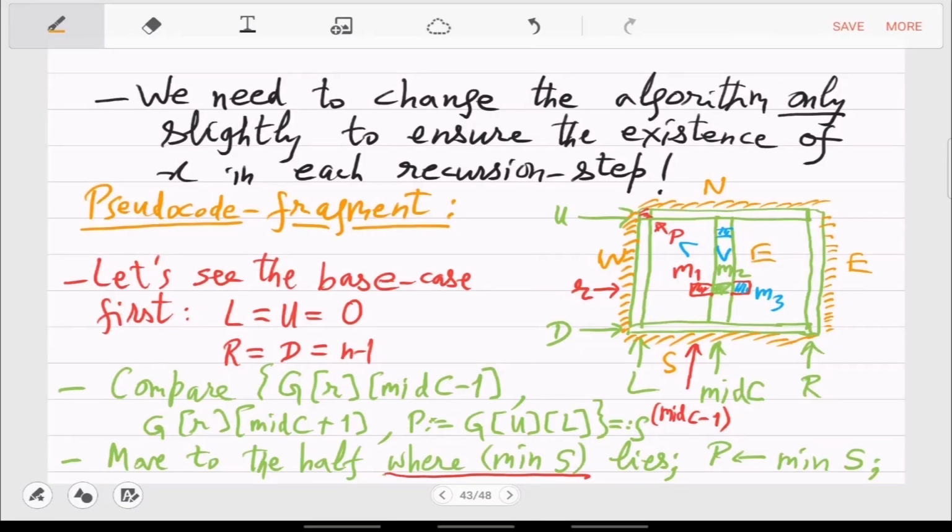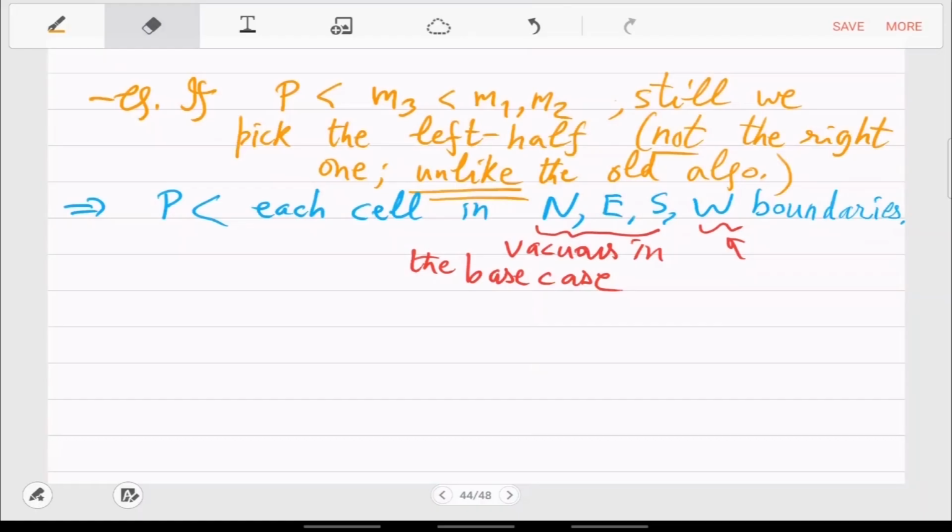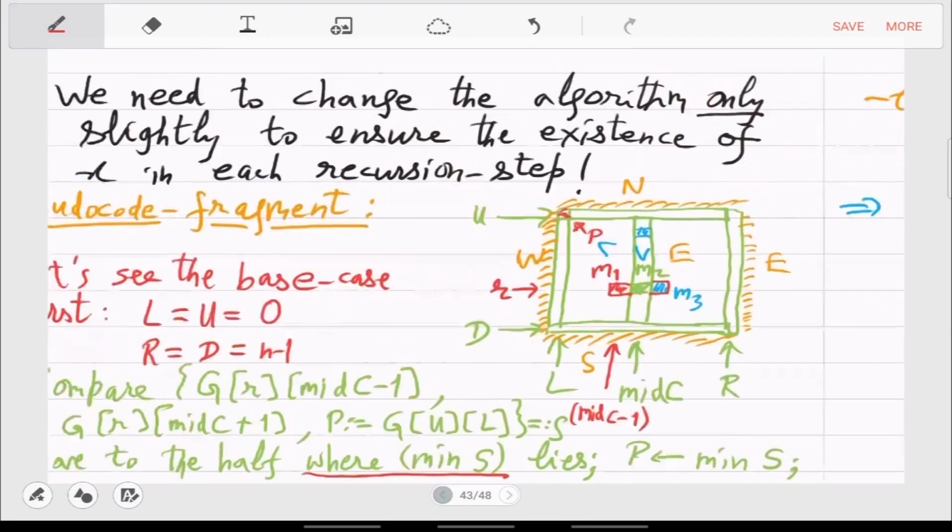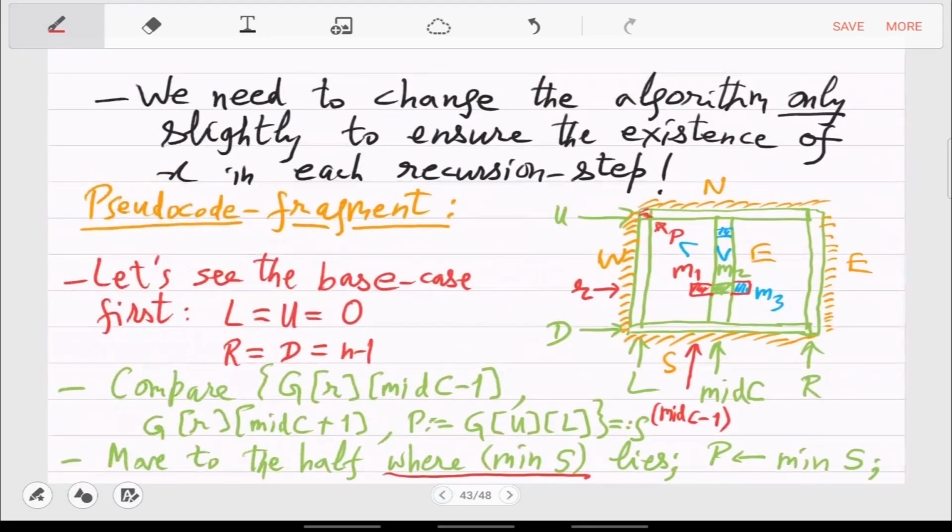So, yeah, north, west, and south are vacuous in the base case. And the eastern part we have covered by the pseudocode. Okay, so for the eastern part, because the eastern border is actually moving towards the west, for that border, we have a more intricate pseudocode.